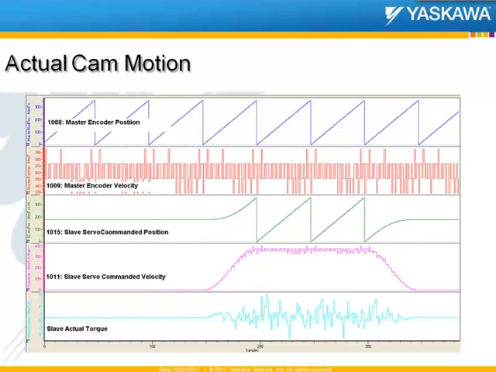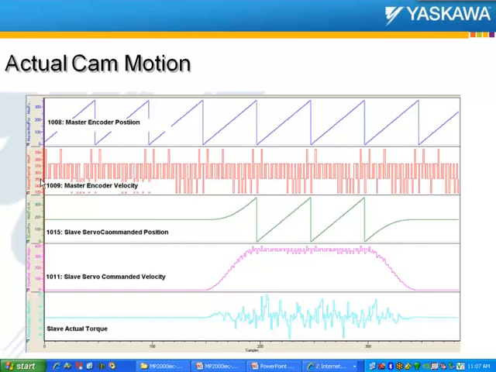The first plot there is the master encoder position. It looks smooth. The second plot you see in red is basically the encoder velocity that is calculated in the master based on the pulses. And this velocity you can see here, I'm hoping that I see a constant velocity of 360